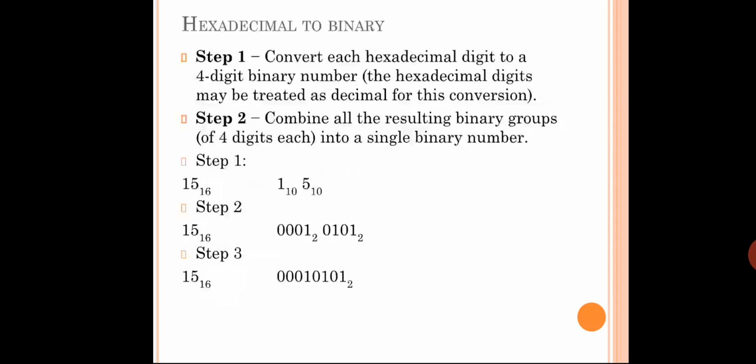Ultimately you are going to add up those 2 groups and make it one. So you are going to get the binary number 00010101 to the base 2. Understood? Whatever the number, they have categorized those 2 values into decimal numbers, and once you get the decimal, it is very easy to convert that decimal number to binary. Fine. So these are the steps. Try to follow these steps, solve some problems. If you are stuck somewhere, get back to me.